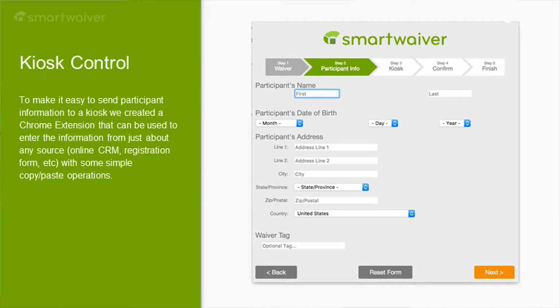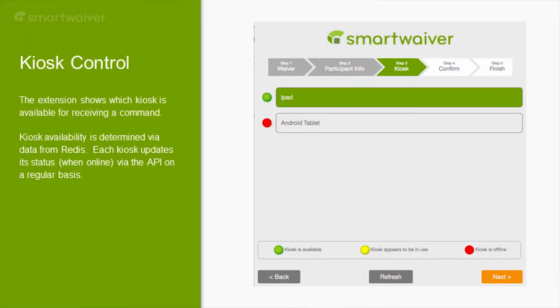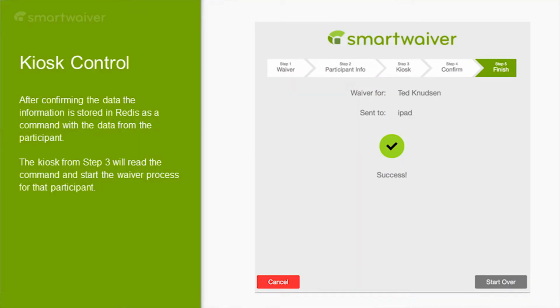So we wanted to have the kind of the reverse thing. So we made a quick Chrome extension, which will be released in June, so that you can autofill the stuff. So it knows, from this one you have to actually log into, all your types of waivers that you have. You can pick one. It knows which fields are there. You can autofill it. Then it knows which iPads or which kiosks are online. You can pick one that's online, and then you can send it to that kiosk, and the information's waiting there for them. And it'll pop up with a little thing.